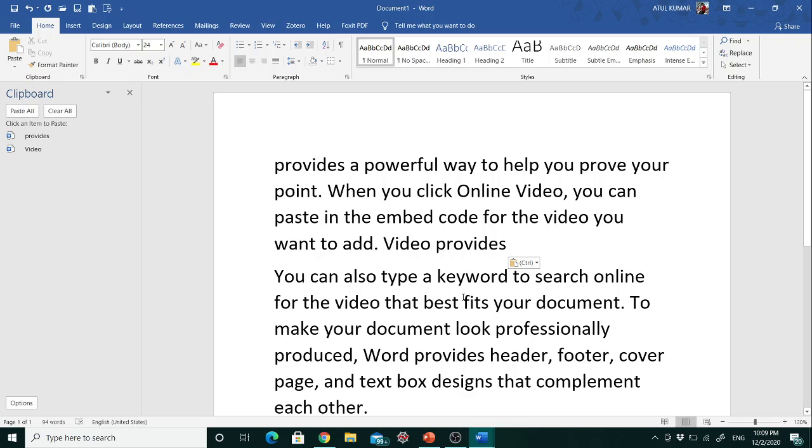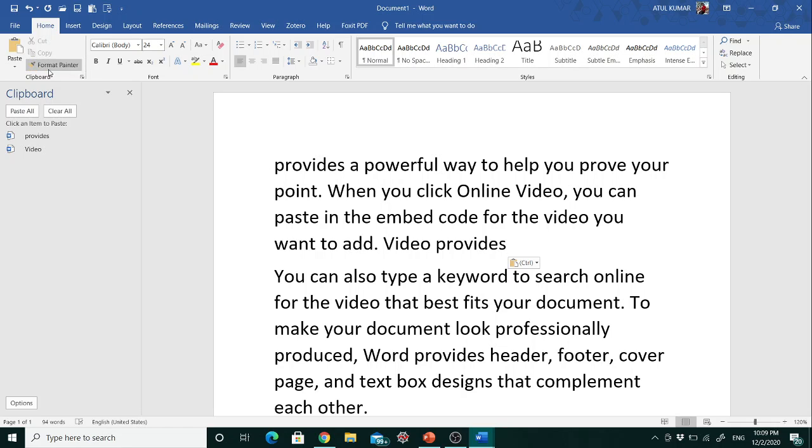Then that word is also pasted, and it also remains in the previous position. So this is the difference between cut and copy, and how to use cut, copy, paste.